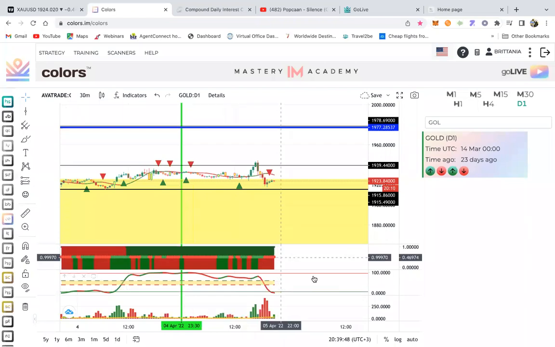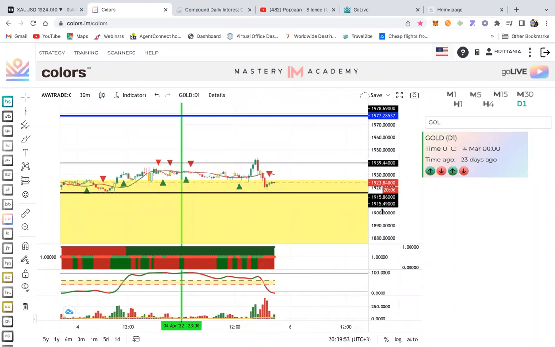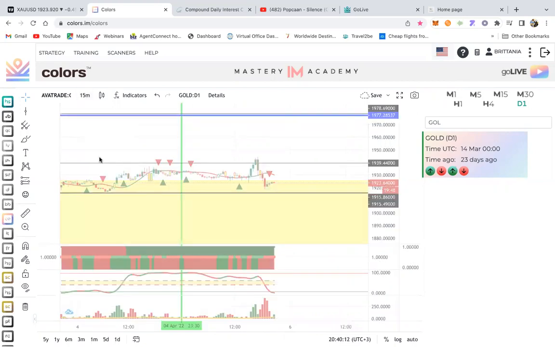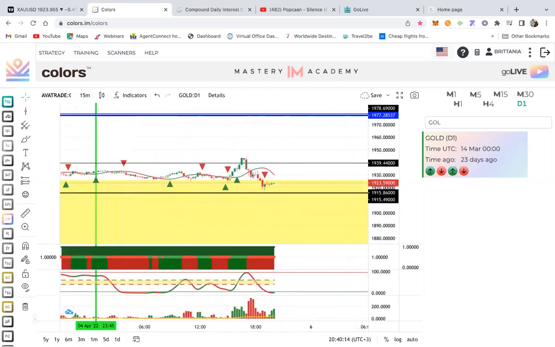Soon. So I come to the 30 and I say, okay, this one is not lined up yet, but it did line up over here. So if you did get into it right here, you would have had this pullback. So it's not lining up right here. What I could do from here is drop to my 15. And this is where your patience comes in, because a lot of people would get into the trade and the market would end up pulling back, especially if they have a small account.